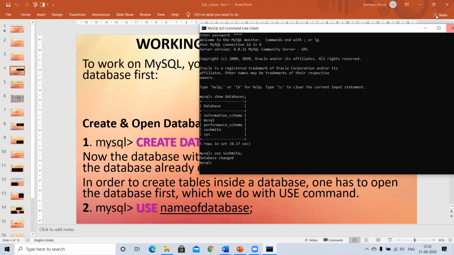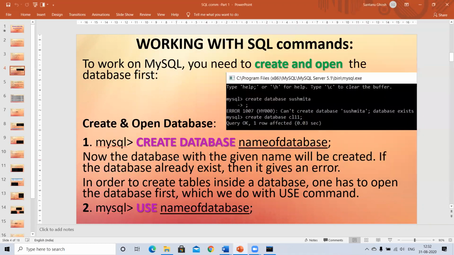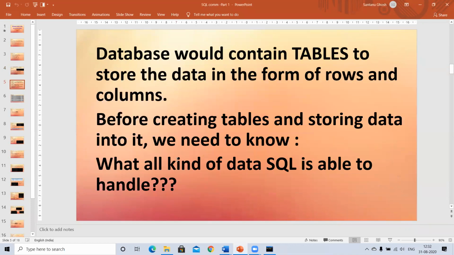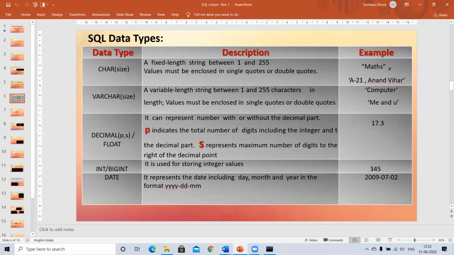Fine. Now talking about what other thing we did, what I can think of is that I started discussing the creation of a table. And I said that when you want to create a tabular structure and store data onto it, you need to understand first what all kinds of data are supported by SQL and which types of data we specify while creating the table.